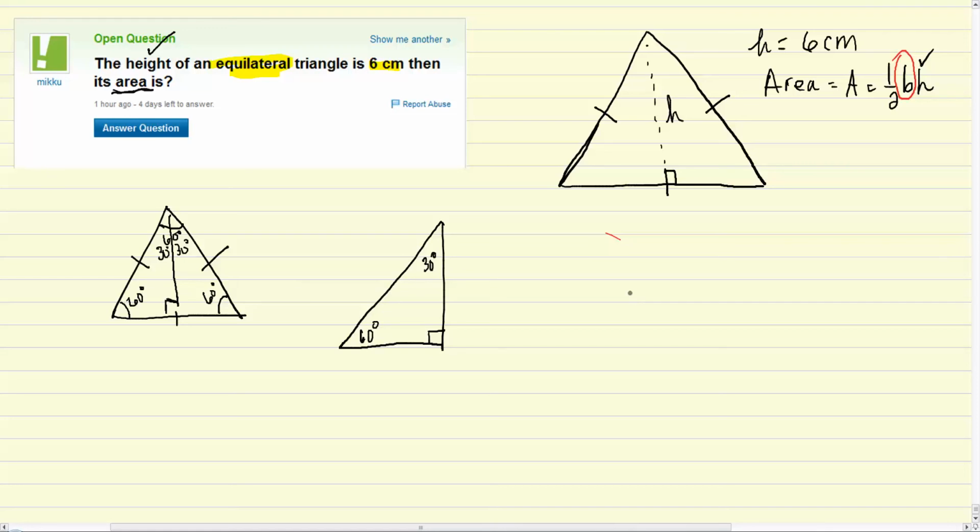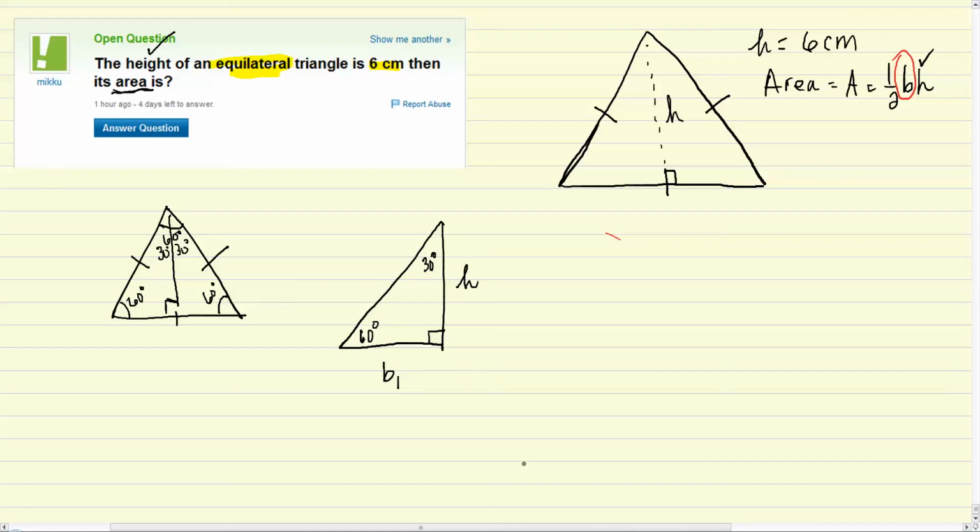We already know that the height is h here. But just generally speaking, whenever you have a 30, 60, 90 triangle, the short side is always opposite the 30-degree angle. So let's just, for now, call that